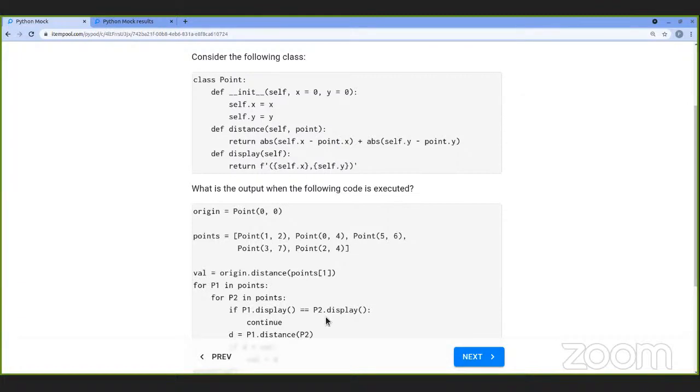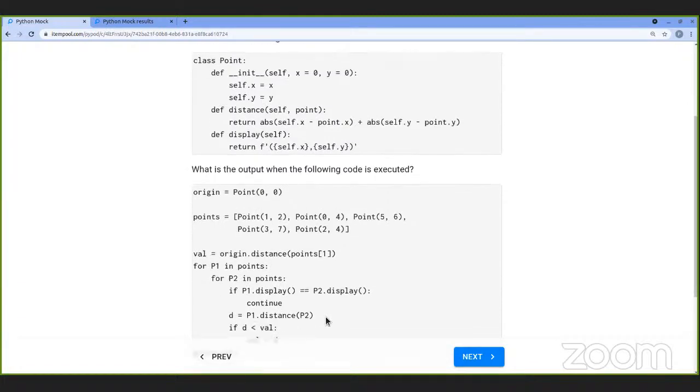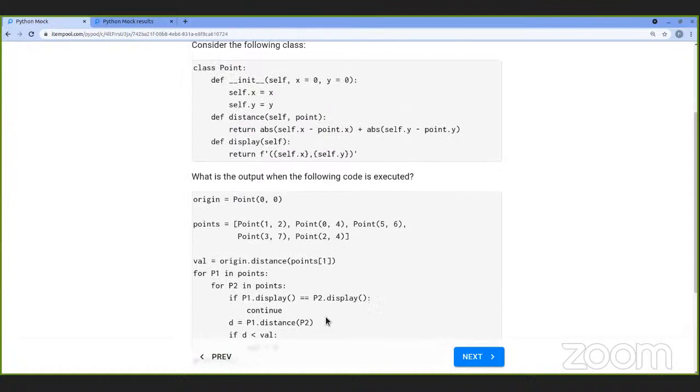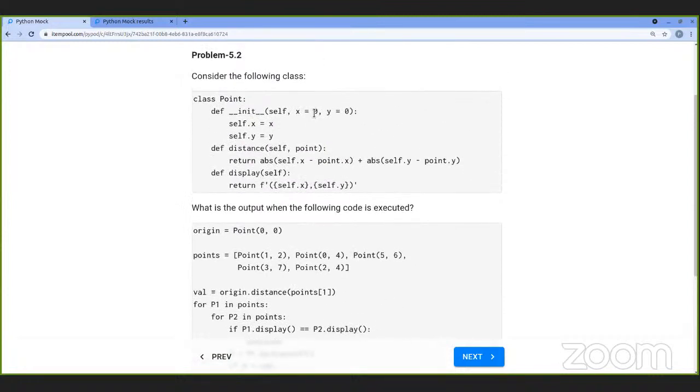And P1.distance is nothing but, if you see here, P2 is working like a point and P1 is working like self. So the distance between P2 and P1 will be taken as D. Correct, sir? Okay, yeah. Initially I was confused while solving that, but now I understood this. Yeah. So I request everyone, since you have time, please run this code and observe what is happening,